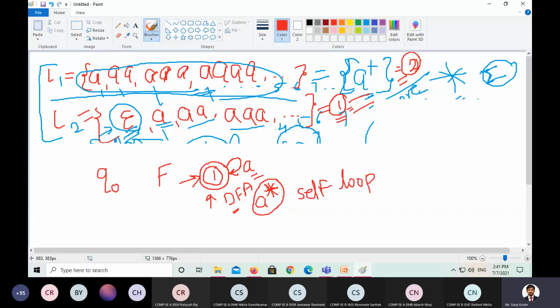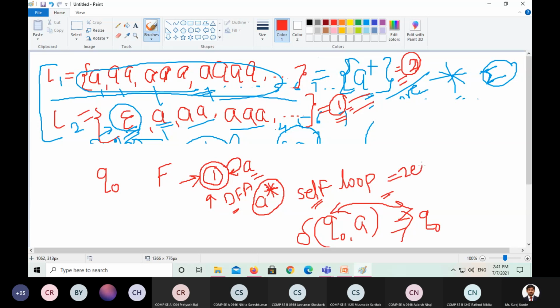Self loop means transition from current state to current state itself. Next state and current state both are same. Delta Q naught comma A equal to Q naught. Current state and next state both are same. This is called as a self loop. And what does it represent? 0 or more times